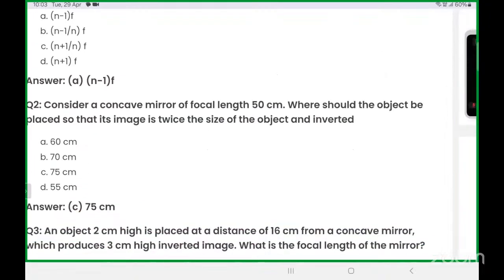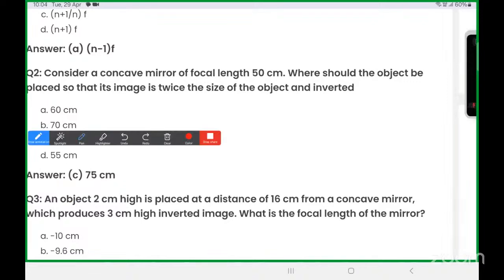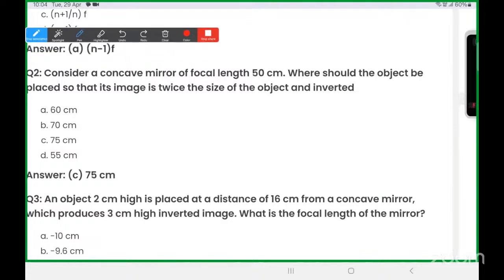यस आगे बढ़ते हैं, नेक्स्ट क्वेश्चन लेते हैं। देखो नेक्स्ट क्वेश्चन में क्या लिखा हुआ है, कंसीडर अ कॉनकेव मिरर। कौन सा मिरर बोला है? कॉनकेव मिरर। क्योंकि कॉनकेव मिरर की फोकल लेंथ नेगेटिव होती है, इसके लिए हमें लिखना पड़ेगा f = -50 सेंटीमीटर, बिकॉज इट इज अ कॉनकेव मिरर। वेयर शुड द ऑब्जेक्ट बी प्लेस्ड सो दैट इट्स इमेज इज ट्वाइस द साइज ऑफ द ऑब्जेक्ट एंड इन्वर्टेड। इमेज इन्वर्टेड बनी है, ठीक है। ऑब्जेक्ट डिस्टेंस पूछा है। इमेज का साइज ट्वाइस द साइज ऑफ द ऑब्जेक्ट होगा, मतलब हाइट ऑफ द इमेज 2 times हाइट ऑफ द ऑब्जेक्ट बनेगा और इन्वर्टेड बनेगा।